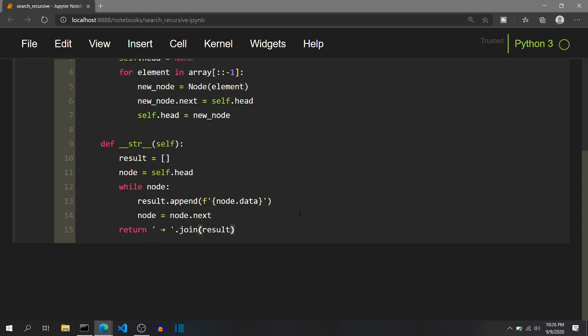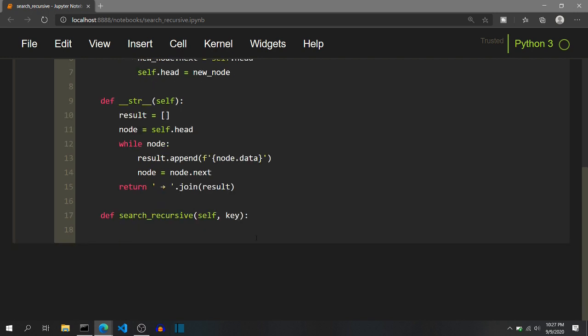Now we can start writing the code for searching an element inside a linked list recursively. So for that, I will define a function search recursive, and apart from self parameter, I need to pass the key that we need to find inside this linked list. Internally, this recursive function will not work with just one parameter apart from self. We also need to know which node we are trying to search recursively. So to overcome the problem of lower number of parameters, we need to take the helper function.